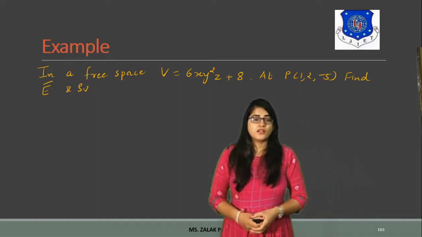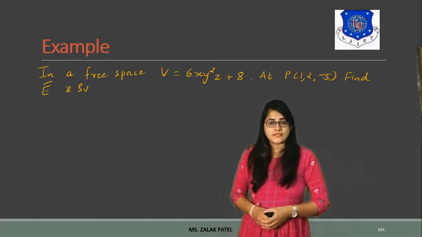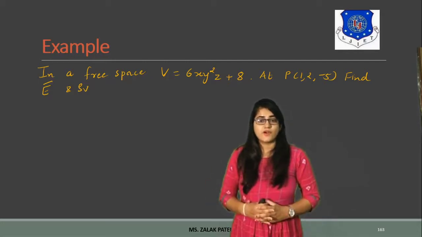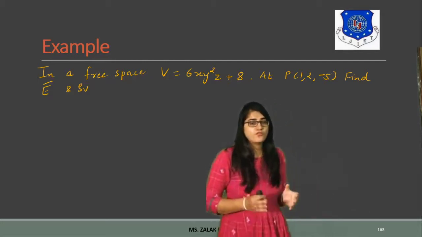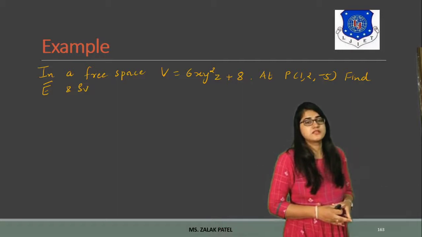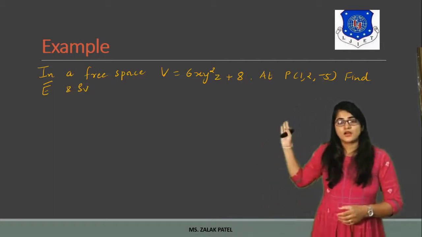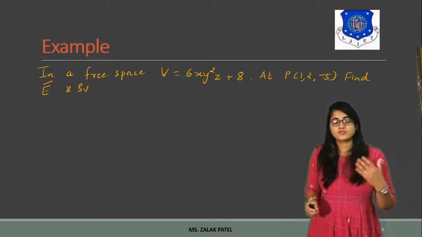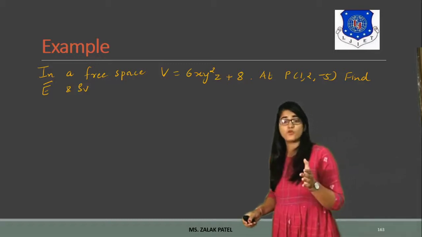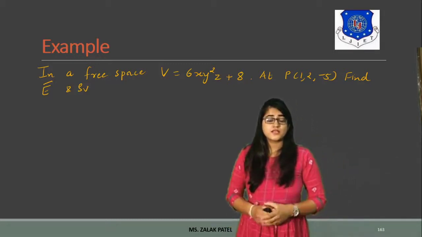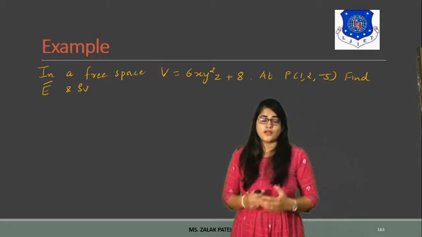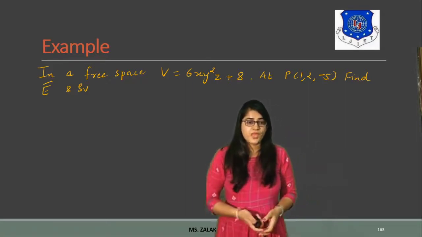Let's see one example. In free space, potential is given, and a point is given, that is 1, 2 and minus 5. We have to find out the field intensity as well as the volume charge density. So here potential is given. From the potential, if you want the electric field intensity, you have to take the gradient of the potential, that is minus del V. So E is